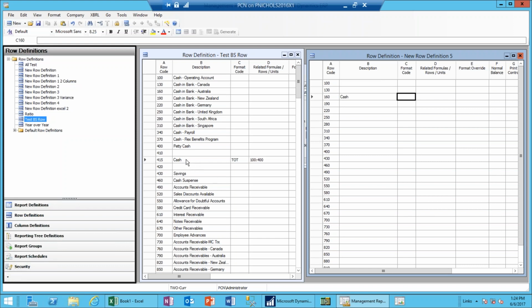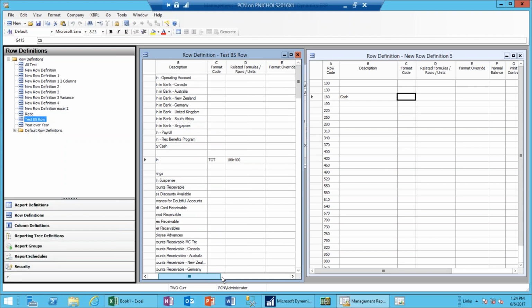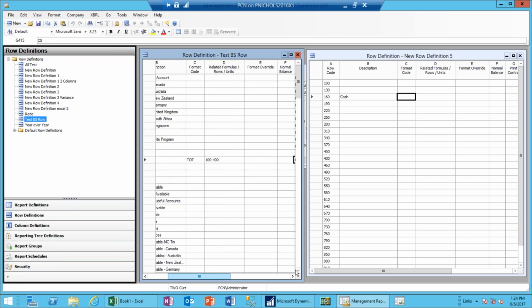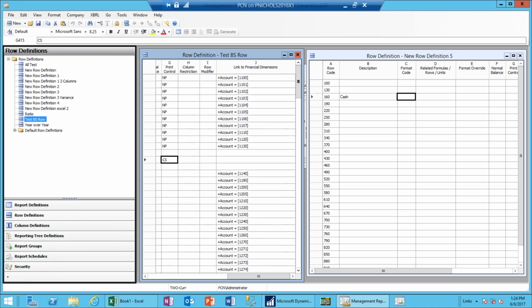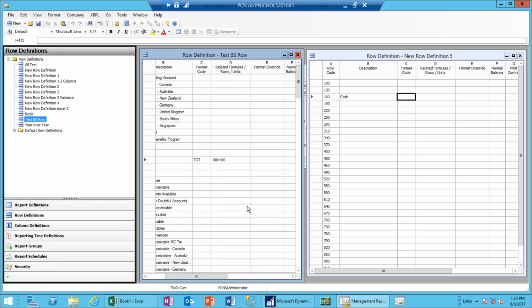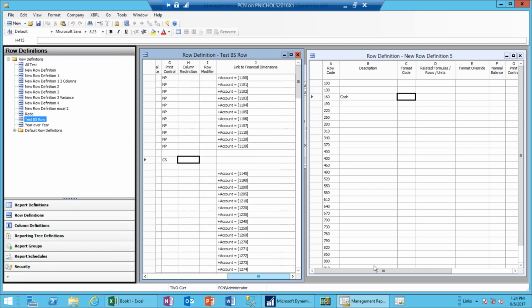Okay, so I know in this instance, I used all of these accounts to reflect what was going to be in my cash. So let's go over here and look at our dimensions, which are of course actually the natural accounts we're using. Okay, so you see I'm using from account 1100 down to account 1140 in this particular calculation. So instead of having this total row of all these individual cash accounts, I can instead simply put in a cash row